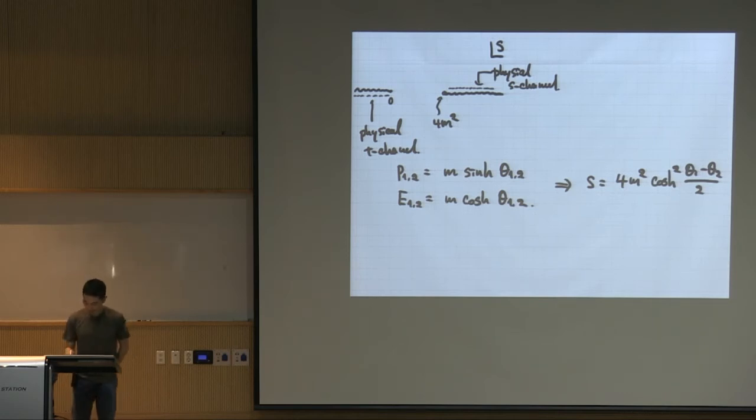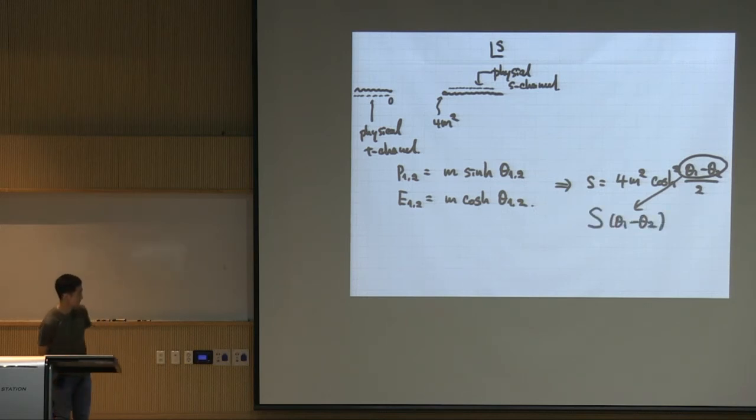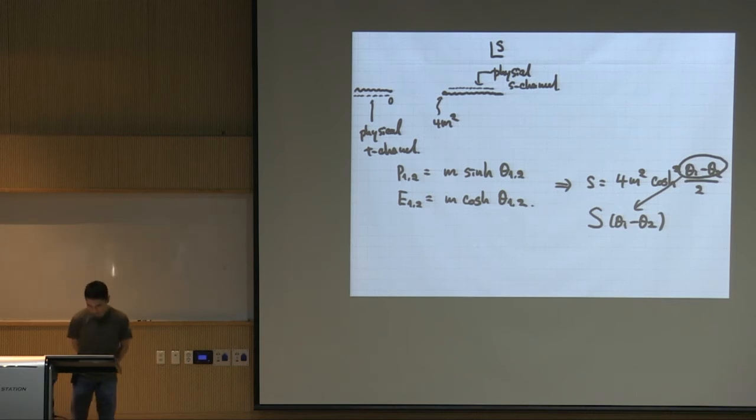And I claim that the S matrix is a function of S only, which basically means that the S matrix is a function of theta 1 minus theta 2, the difference between theta 1 and theta 2. This is very reasonable because if you act with a boost transformation on the individual particles, then you shift the values of the thetas by the same amount. The S matrix should be invariant under the boost, so that's why it only depends on the difference. Okay, so now let's ask